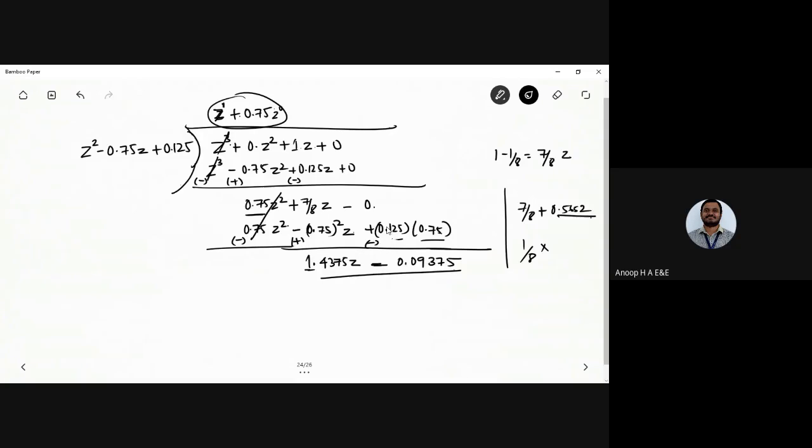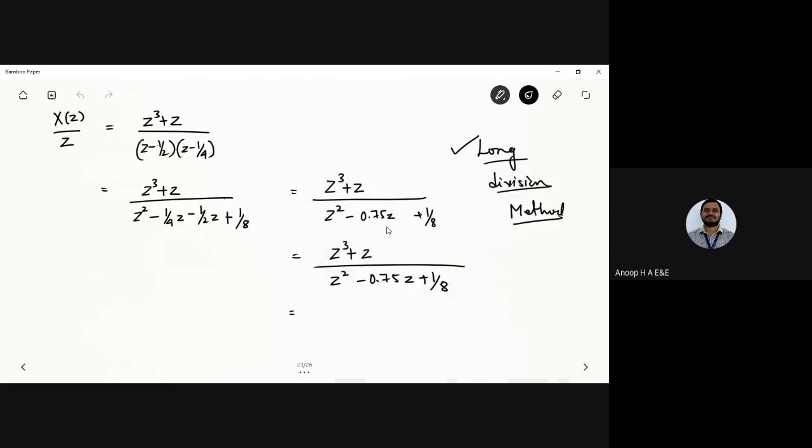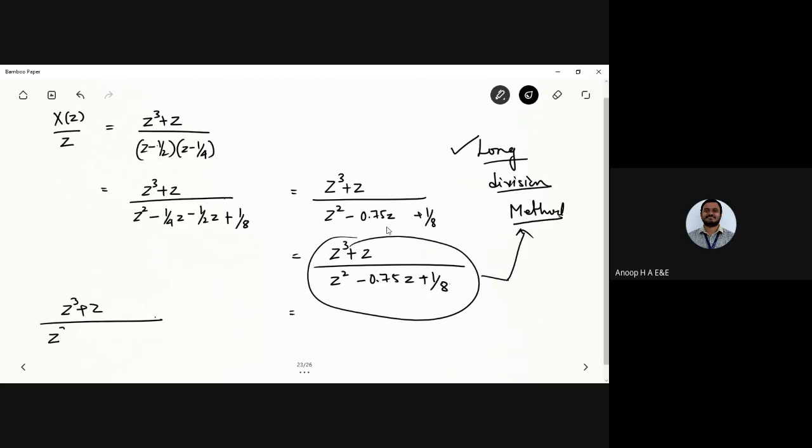0.09375. Very good. Okay, so now I got this expression. I cannot simplify it further. So what do I do next? The expression I have got here, I need to express it in the required format. This expression is handled by the long division method. So (z cube plus z) divided by (z squared minus 0.75z plus 0.125) would be equal to,